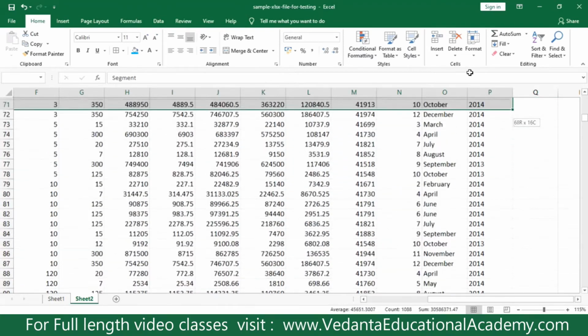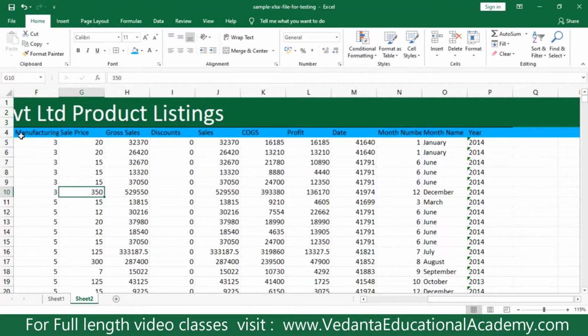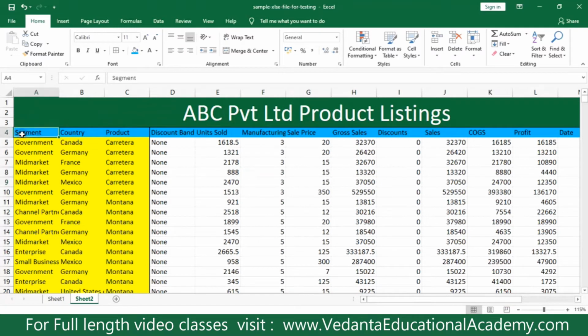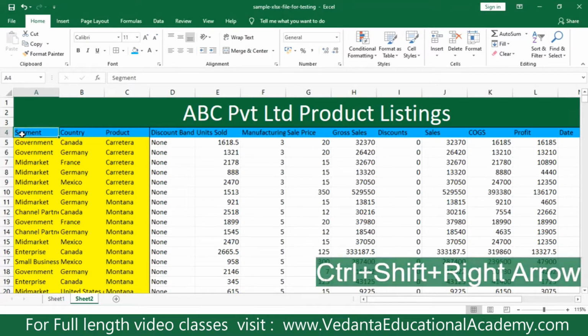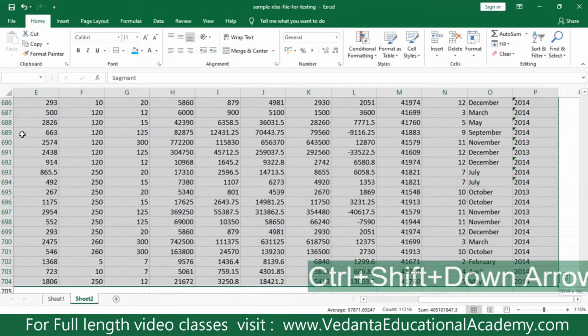So you do one thing to select the data with shortcut keys. Simply keep your cursor on the first column and press Control Shift right arrow. All the data columns are selected, and now press Control Shift down arrow.